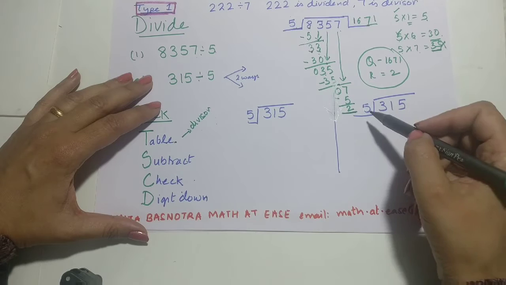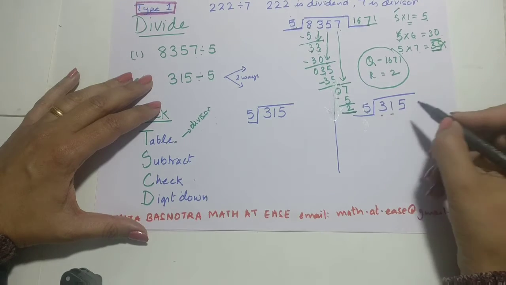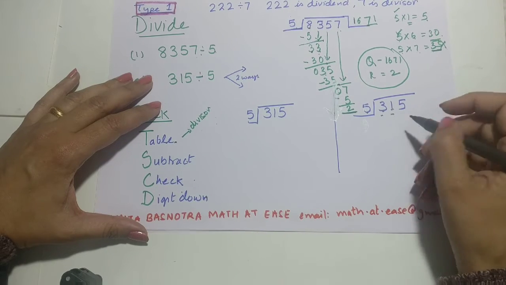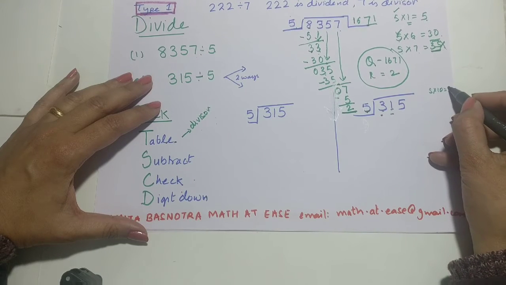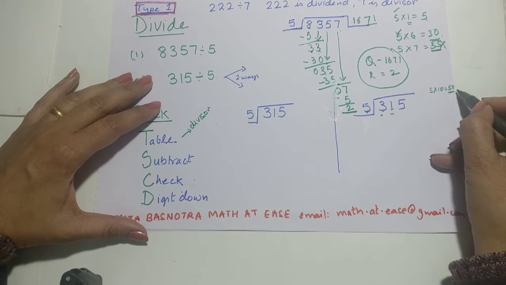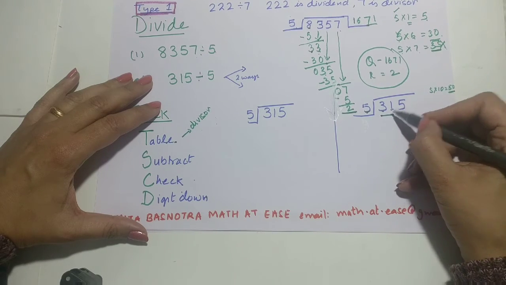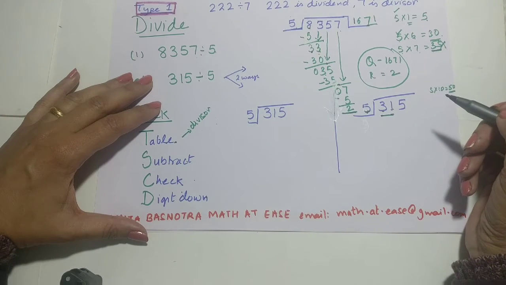Or otherwise you can straight away take 2 digits, because we know that in the table of 5 we get 30. So we can straight away take 2 digits instead of 1. And when you have 1 digit here, we know that 5 tens is 50. So you will get 2 digits in the table anyway. So that's the reason only in the first step we can take 2 digits. So here I'll take 2 digits and I can start